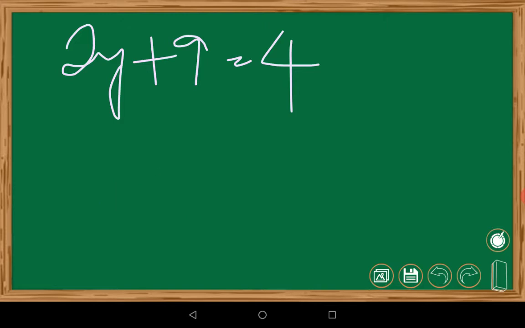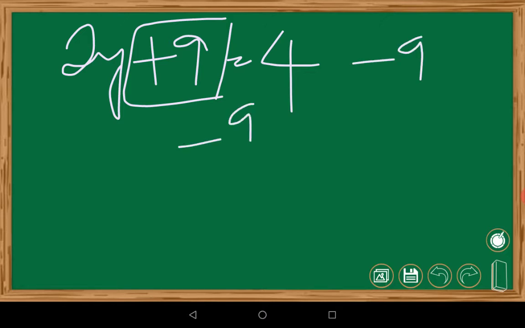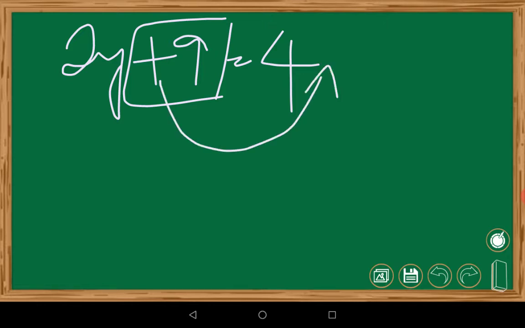The transposing method is nothing but the same first step. The first step is we have to transpose this to the other side. Whatever numerical value is there, we transpose normally. Before, we used to subtract here also and here also, and it would become 0, and so on. You saw the video, right? If you didn't understand, go back and see it again. So in the same way, instead of subtracting, we are just transposing it so that it gets balanced.